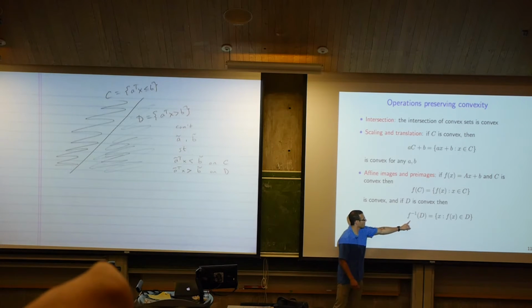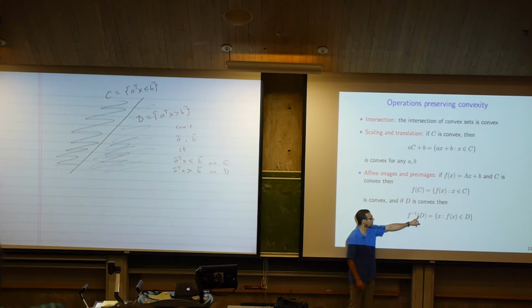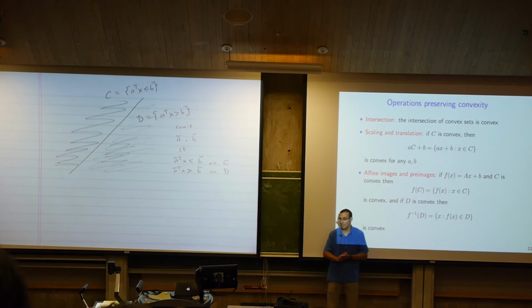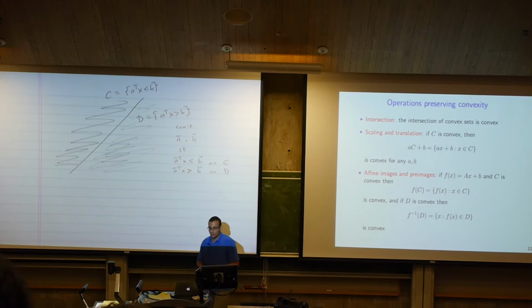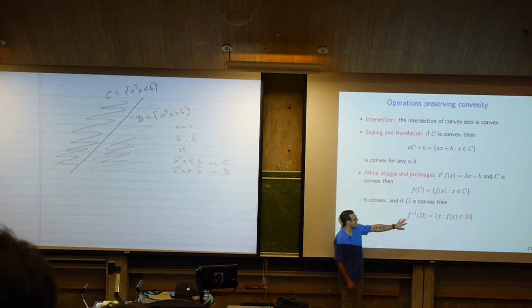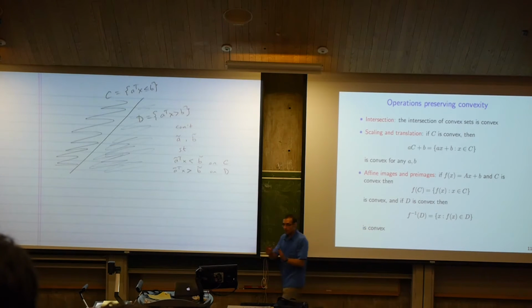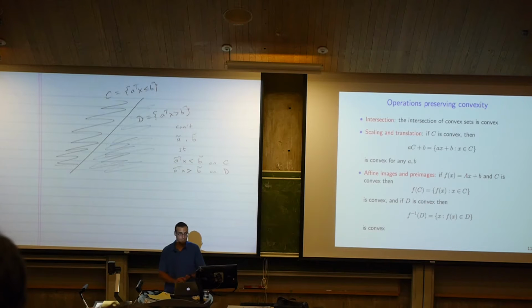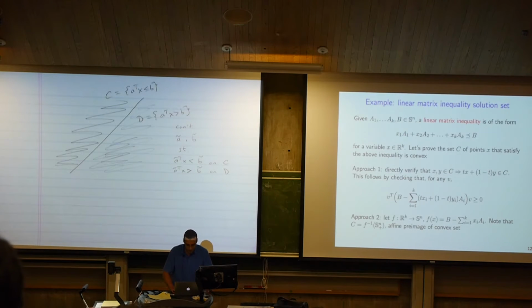If f inverse existed, if this function had an inverse, then this would actually just be the image of D under f inverse. But f inverse need not exist in order for me to write this down. So it's the set of all x for which, when I apply the function to that point x, it's in the set D. This is also convex, provided that f is affine and D is convex. I think it's much more surprising that that's true. So let's